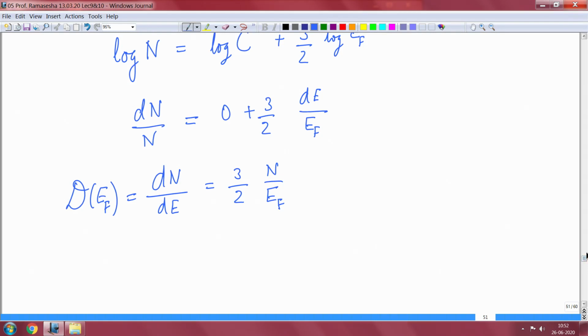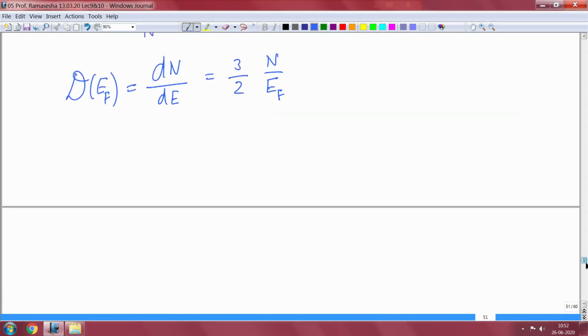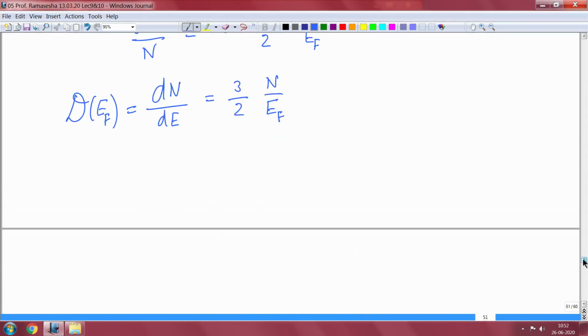To calculate the specific heat, one can do a back of the envelope kind of calculation, where we plot density of states as a function of energy. This one has an E to the power half dependence, so it will go like this,